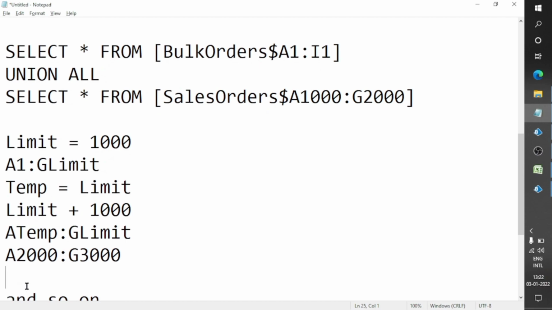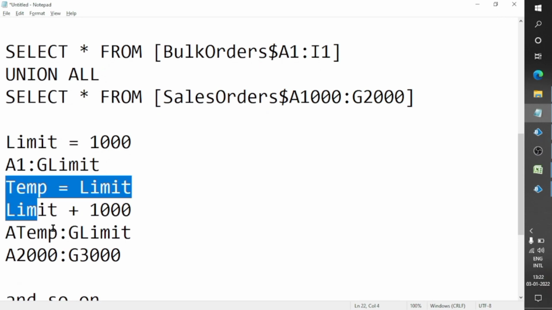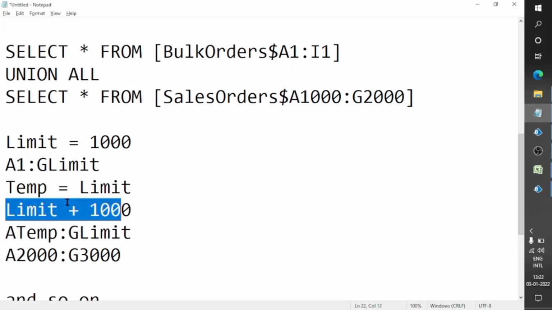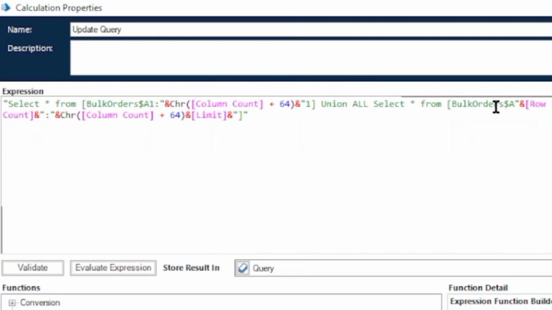Similarly we can do for the next iteration, so we can follow this formula. The old limit will be stored in temp, and the new limit will increase by 1000. Similarly we are doing here, instead of temp we are using row count, and here for the column name we are using this formula again, and limit.